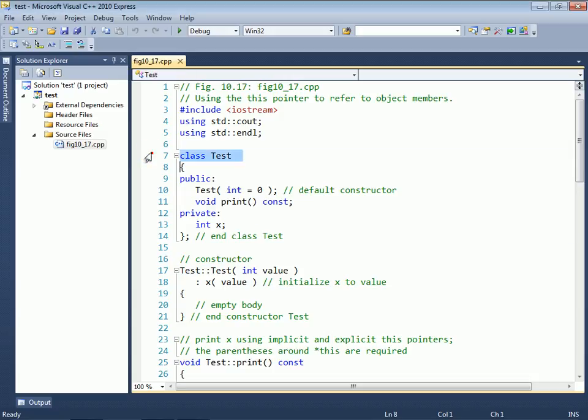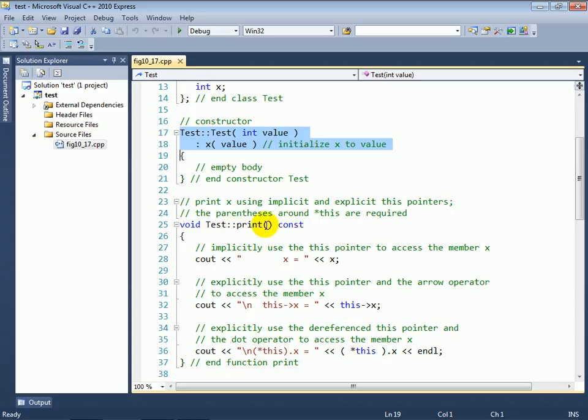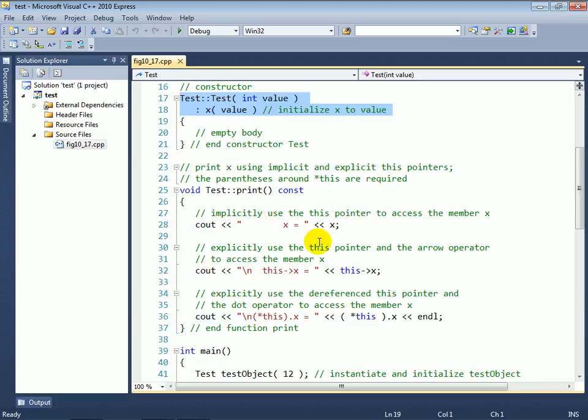So let's take a look at our simple little class called test here, which has a constructor that receives an integer with the default value 0. It also has a constant print member function to display the value of its private piece of data x. We have a constructor that initializes x in the member initializer list to the value that it receives as a parameter to the constructor. And we have our print function, which is where we're demonstrating the key part in this